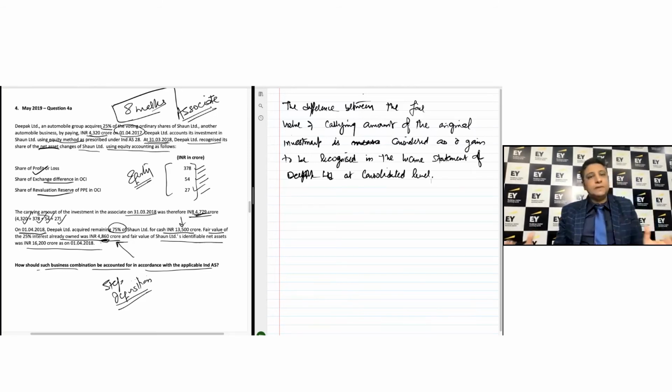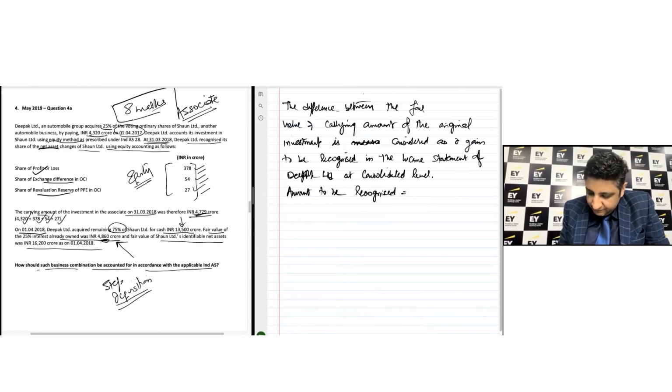At a group level, you recognize this profit. So the amount to be recognized will be 4860 minus 4779, right? So this 81 is the gain on disposal of